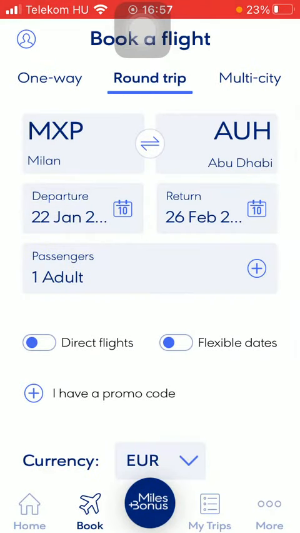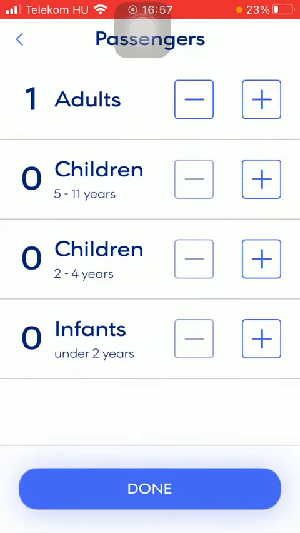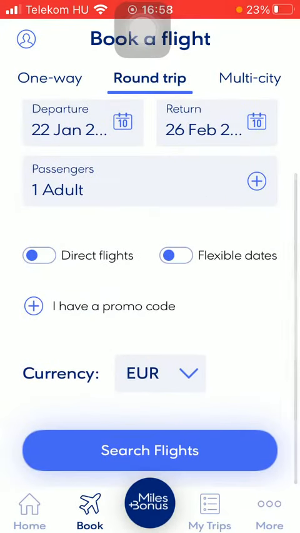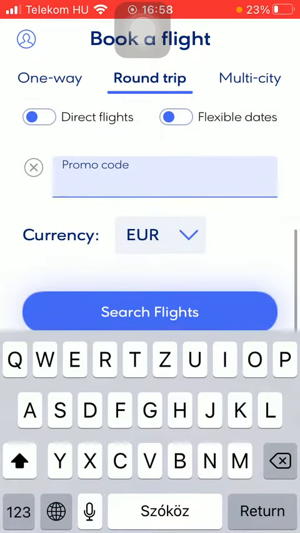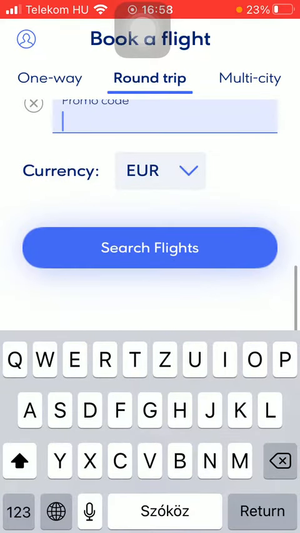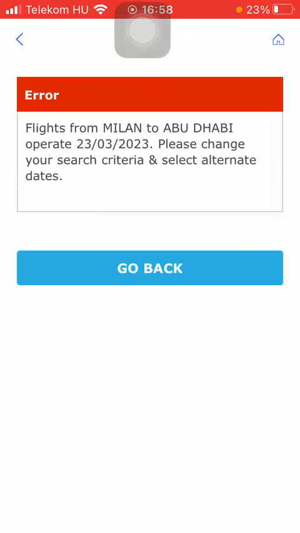your return date. Select the number of passengers. Then you should set whether it's a direct flight or you want flexible dates, and if you have any promo code, then type it in. Select your currency and click on the search flights button down below, and you are going to be able to browse among the